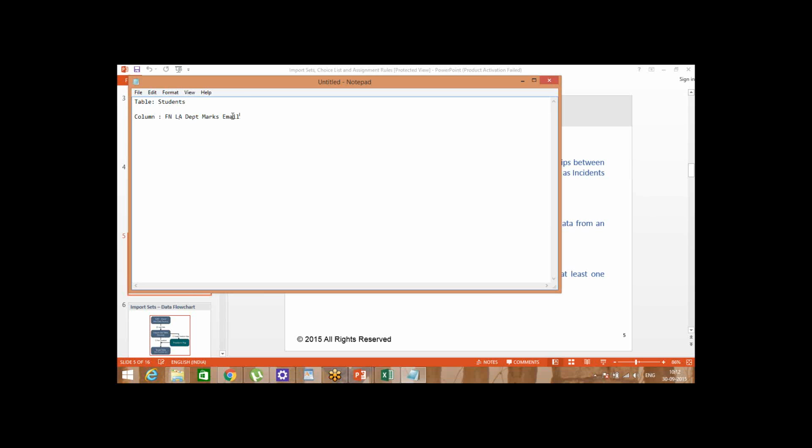Whenever data is entered in the table, one row is for one student. For example, this is one row. The first name is, say, Srinu, and last name is Elasiri, and department is ECE, and marks is 70, let's take it as a percentage.